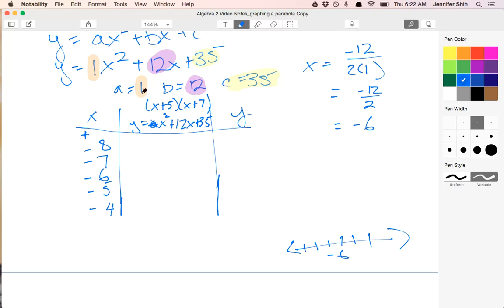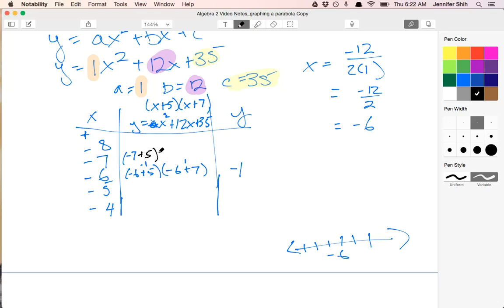So I'm going to start with -6. -6 plus 5 times -6 plus 7. If I do this in my head, this is -1 and this is +1, so y is equal to -1. So my vertex is -6, comma, -1. I'm going to do the same thing where I'm going to plug in -7